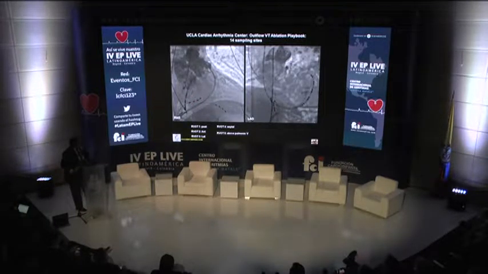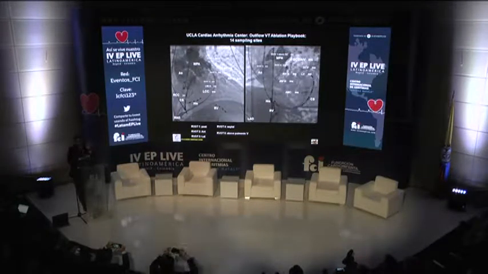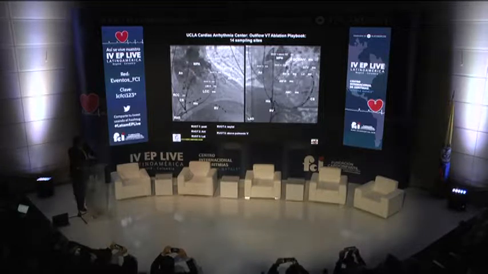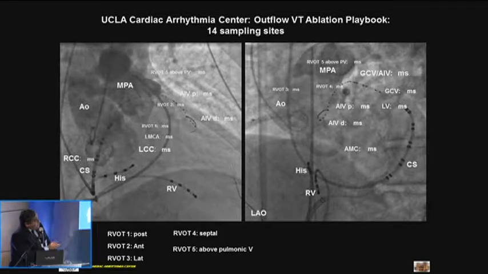So our strategy, our playbook, is to sample from some of these tough cases, especially like the one you're seeing here, where in lead V1 the R wave is fairly wide. These tend to be tricky cases. And they could come from potentially 14 locations in this outflow region where the two outflow tracts crisscross. So what you're going to be seeing is the way Furman, Andrea, and I have worked with them for years, and the team here at